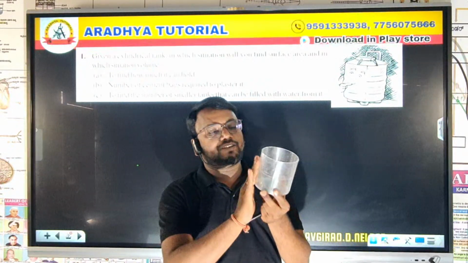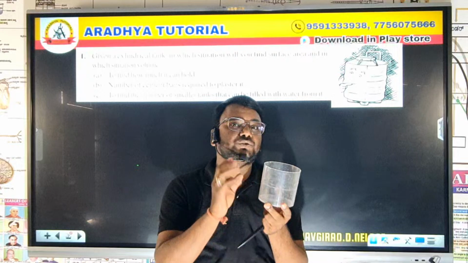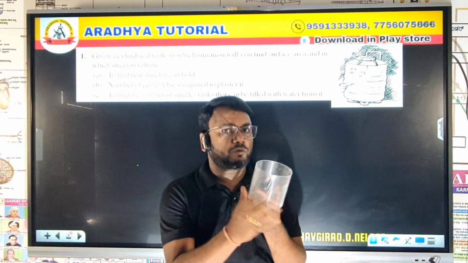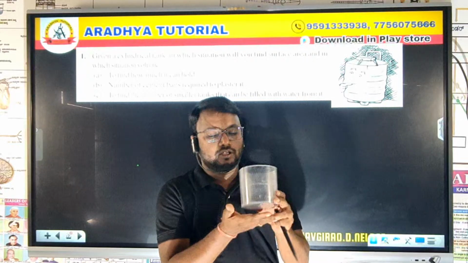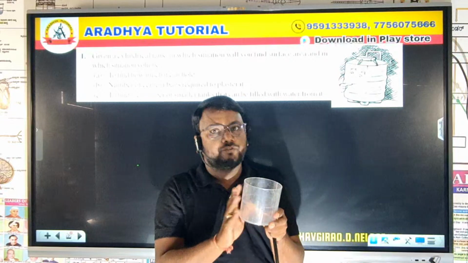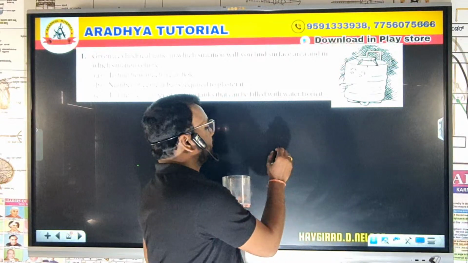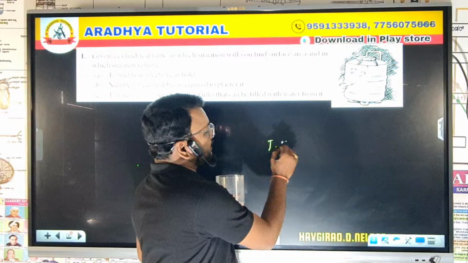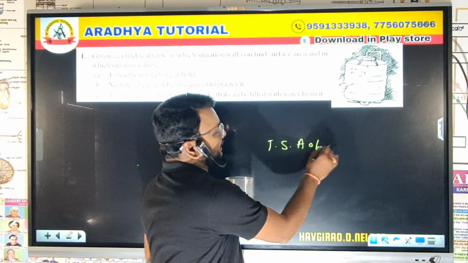If you paint this surface of the cylinder, at that time we use the surface area formula, the curved surface area. If you paint the complete cylinder, then we have to use the total surface area of the cylinder,